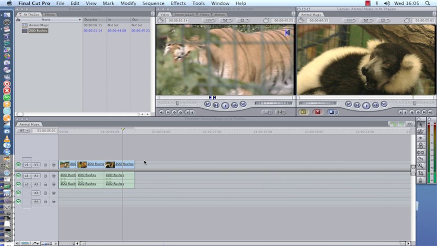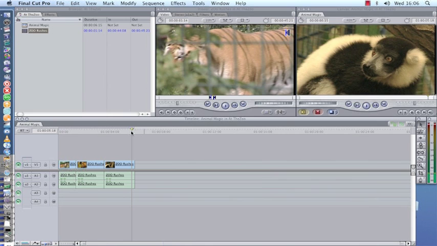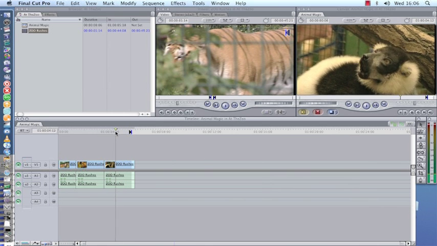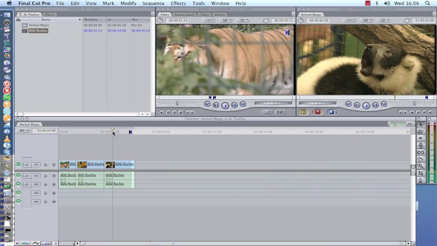You can also mark an in point on the timeline. Let's find an in point here. I for in. In this case, the edit will happen at the in point, not where the cursor is. So the cursor could be absolutely anywhere. It won't make any difference. These 3 points are enough to define the edit completely.